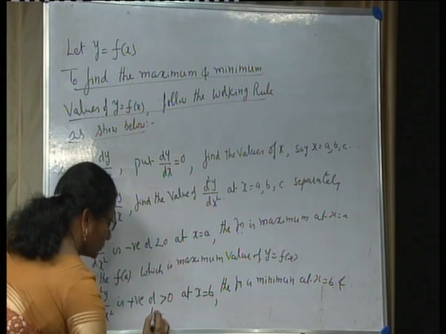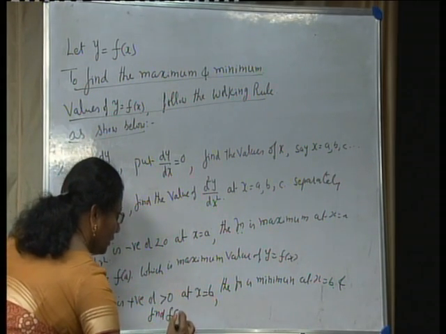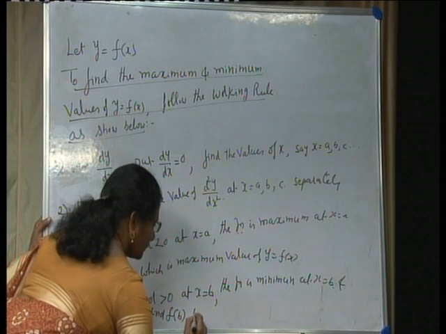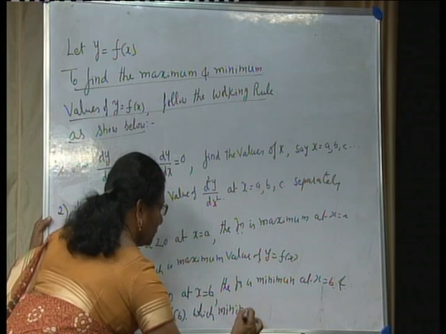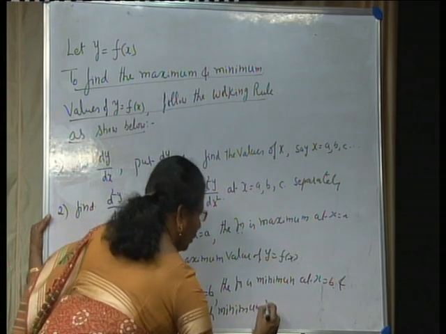Find f of b, which is the minimum value of